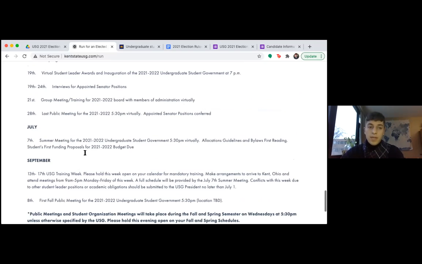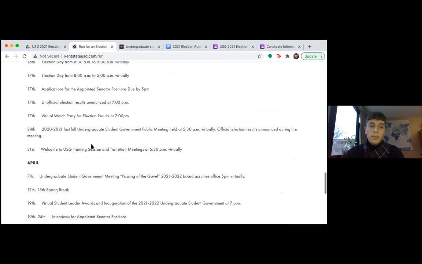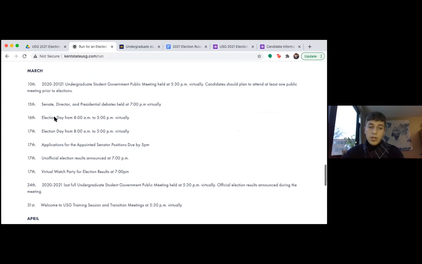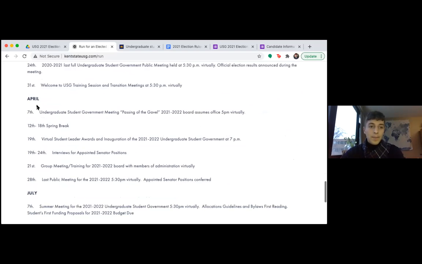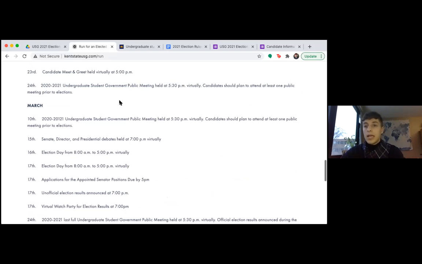It's a pretty extensive date list, so you probably want to only pay attention to the dates leading up to the election. But if you really are confident you're going to win, which you could be, you can go ahead and mark these dates down too. But generally understand that those are time commitments that you're expected to meet.